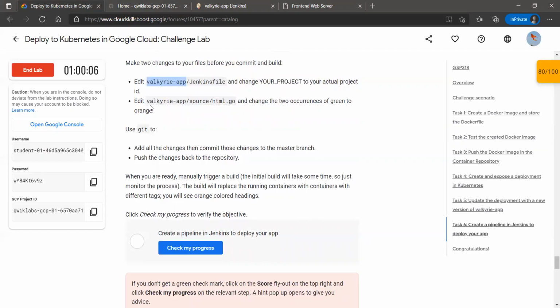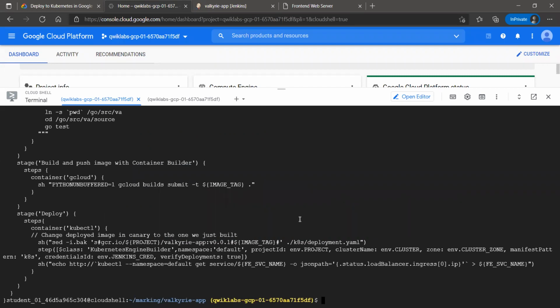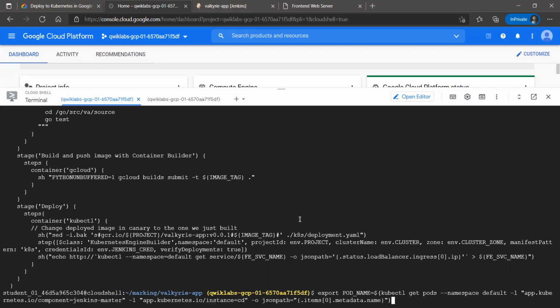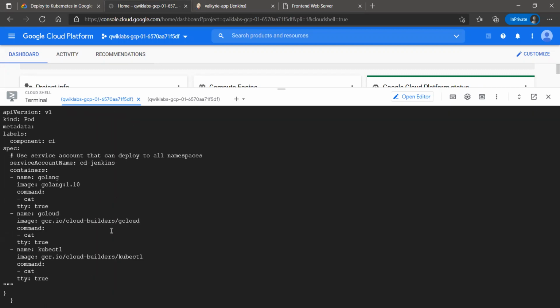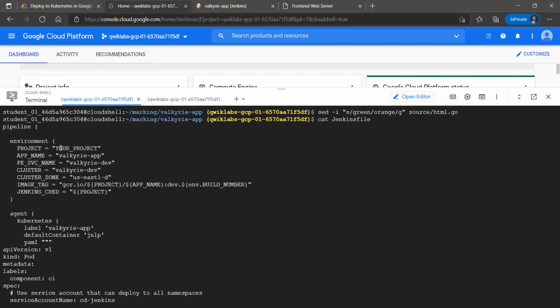Now simply let's do one more thing. We need to change this your project with our actual project ID.